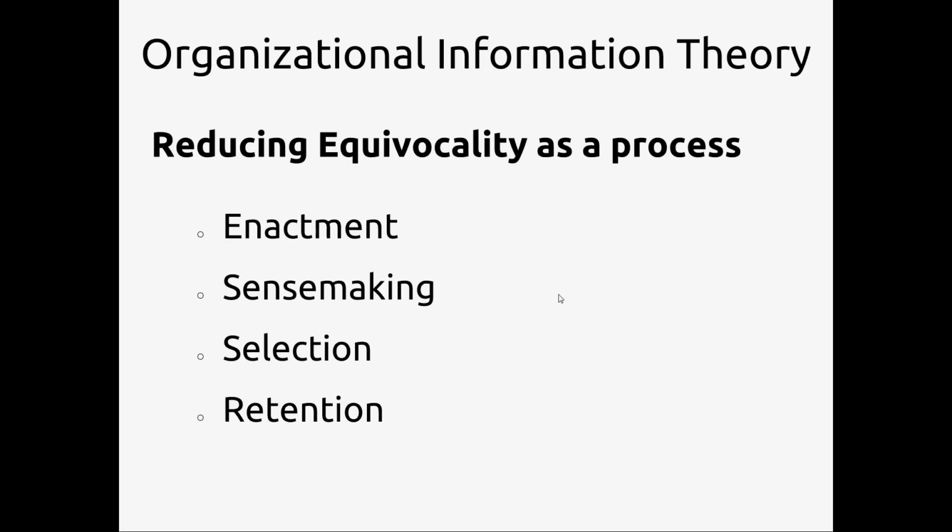So when we zoom out, if you will, and we look at organizational information theory as a big process, these are the 4 steps that you go through to reduce uncertainty, to reduce equivocality, if you will. Enactment is where individuals in an organization first encounter equivocal information. So first is enactment. We have some confusing equivocal information. The next step is sense making, where the organization tries to be as aware as possible to make sure that it has all of the confusing information. And this is the sense making step.